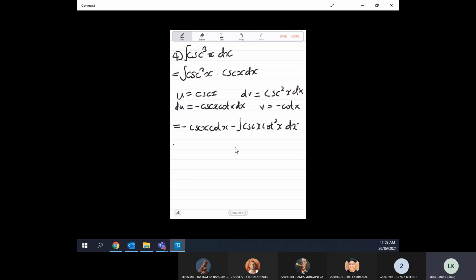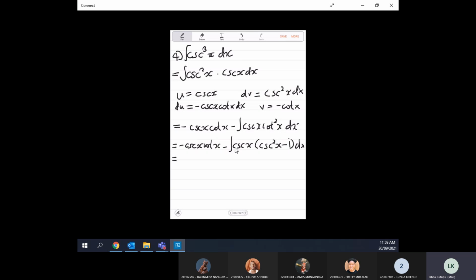So this is minus cosec x cot x minus the integral of cosec x, and cot squared is cosec squared minus 1 dx,